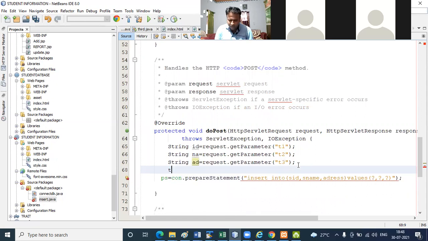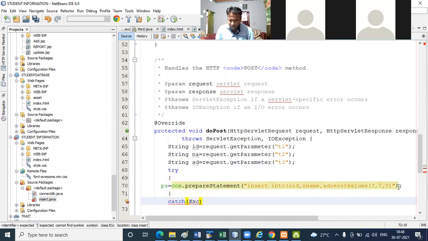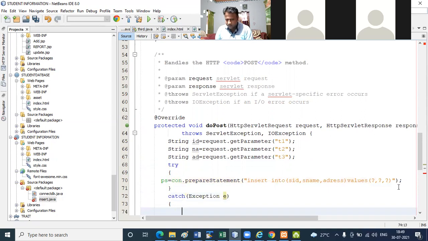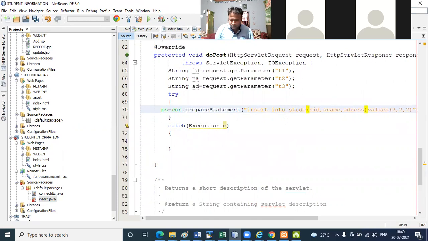I put this into the try block, then end of try, catch exception e. So ps equals to con dot prepare statement, insert into student. Column names are student ID, student name, address.